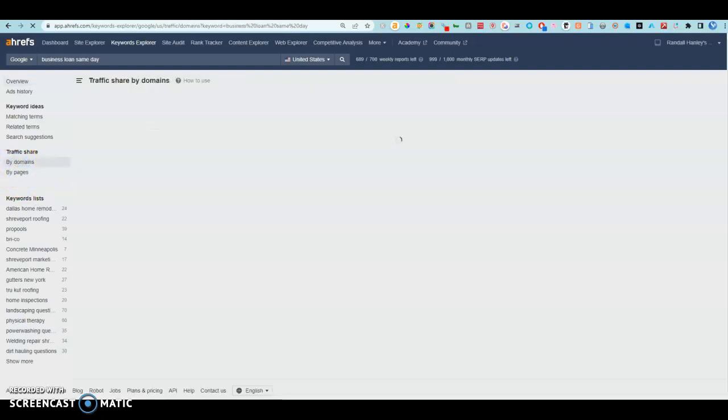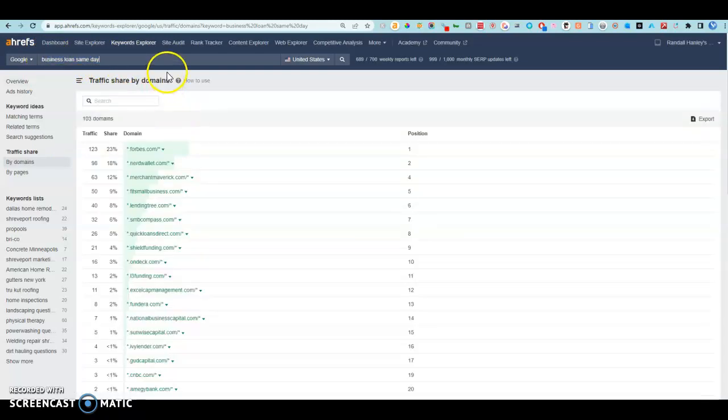So, for example, here I can come here and say by domain, who is the top? Now, this is a national keyword, so I expect to see big companies. It's hard to find local Philadelphia or local San Diego companies ranking up top for a national keyword, and this is very popular. This is a very popular niche. But you can start to rank locally and then move it nationally.